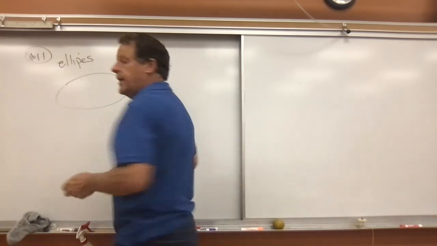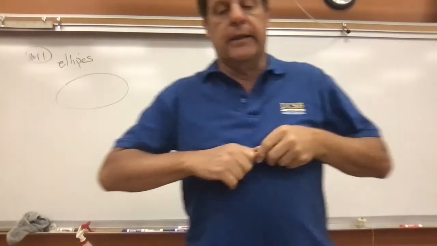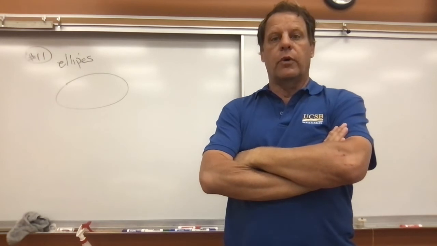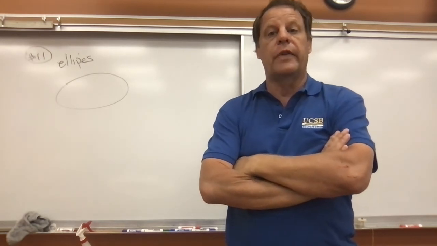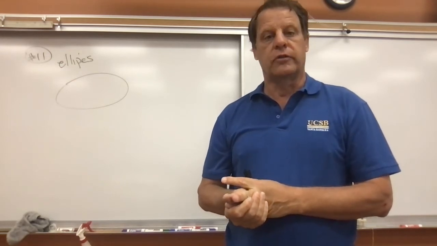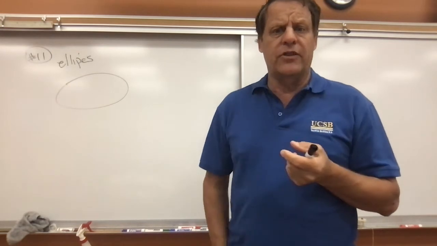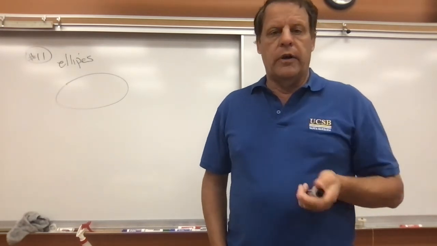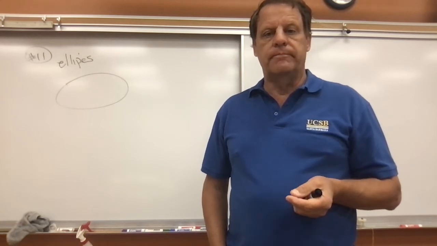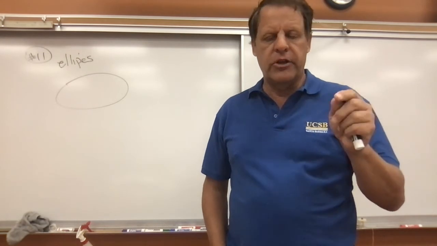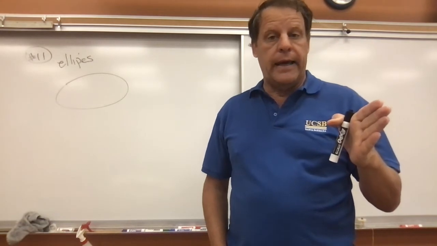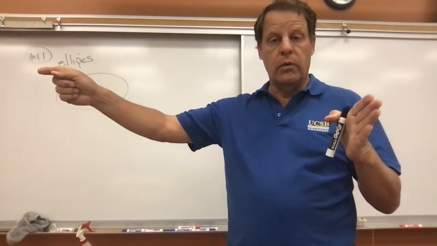So they're going to be like that. And you've certainly heard me say a lot that the moon orbits the Earth in a circular orbit, and the Earth orbits the sun in a circular orbit. Remember that all circles are ellipses, but not all ellipses are circles. So it has to do with the eccentricity. If you remember from that lecture, that is the ratio of C over A, the center to the focus over the semi-major axis. And when you get that ratio, 0 would be a perfect circle, and a 1 would give you essentially a